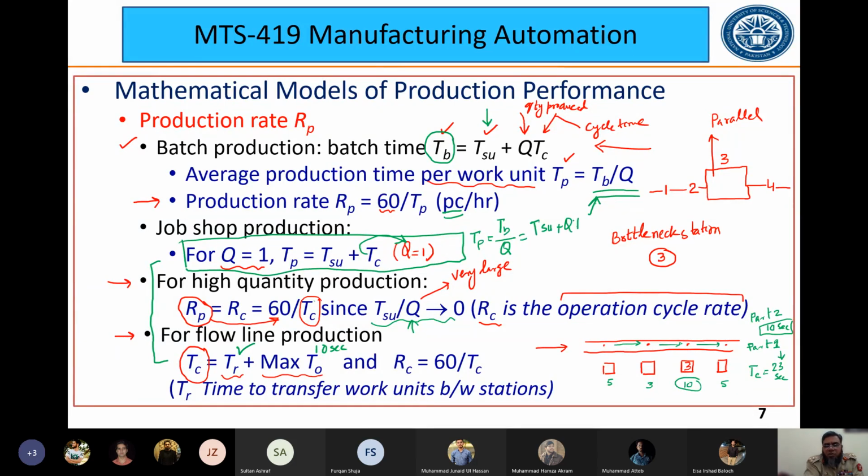TSU प्लस Q TC डिवाइडेड बाई Q, तो इन दोनों के नीचे Q आ जाएगा। सो ये जो टर्म है, ये मैं कह रहा हूं कि ये सिंस Q इज वेरी वेरी लार्ज, सो दिस टर्म गोज टू जीरो, और इस टर्म में से Q जब इसके नीचे आता है तो द ओनली थिंग विच विल रिमेन इज TC, Q Q से कट जाएगा, सो दिस विल ओनली बी TC, सो TP विल बी इक्वल टू TC, एंड वी नो कि RC या RP इज 60 बाई TP, तो इसलिए मैंने इसको यहाँ पे 60 बाई TC डायरेक्टली लिख दिया है, और उसकी रीजन मैं क्या दे रहा हूँ कि जो TSU बाई Q है वो जीरो हो जाएगा बिकॉज Q इज वेरी वेरी लार्ज, ठीक है। ये बात अब समझ आती है